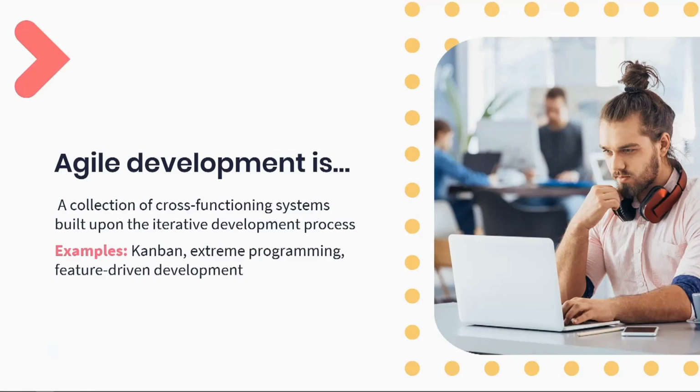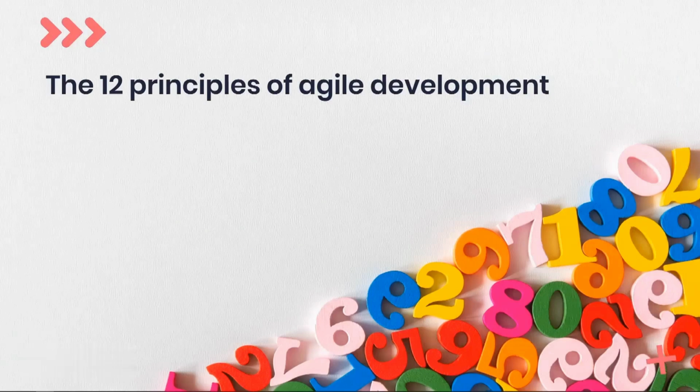Agile development is basically a collection of models that follow the principles that we are going to discuss here. Agile development is based on the 12 principles and values that are aligned in the Manifesto for Agile Software Development. The 12 principles that are defined in the Agile Development's Manifesto are: customer satisfaction by early and continuous